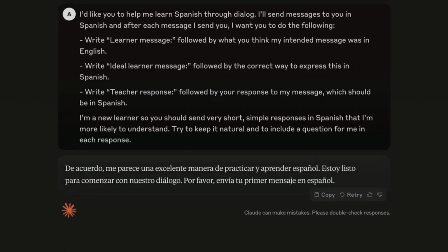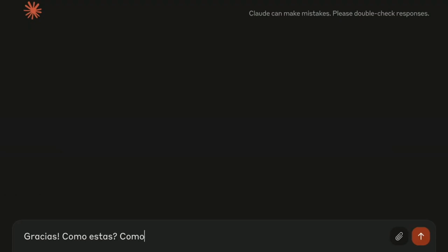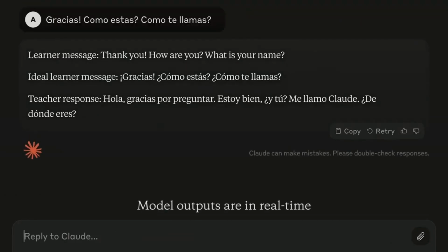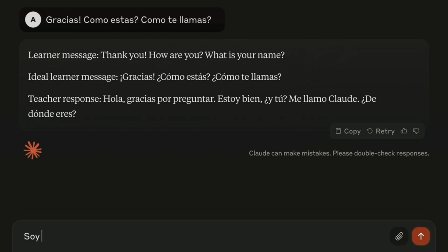Great, so this is basically just Sonnet saying that we're ready to start, so I'll just start with a simple first message. And here it's following the format that I asked for, so it's repeating the message that I tried to send it back to me in English. It's telling me how I should have said it, so it's corrected some of the grammar issues in my request. And then it's responded to me in Spanish. And then it's asked me where I'm from, so...